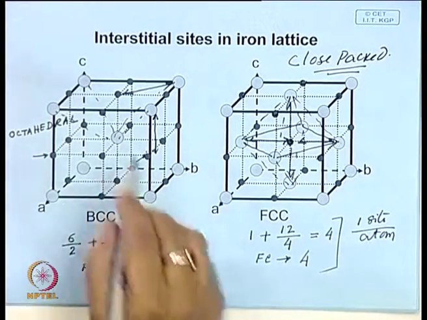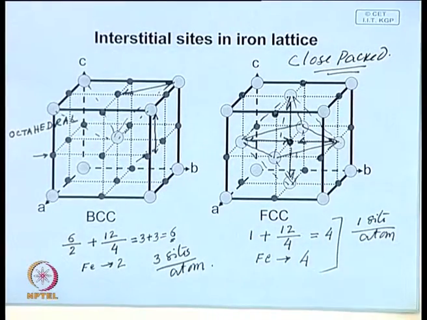So, that is why in BCC the solubility of carbon is very limited, whereas in face centered cubic structure the solubility of carbon is much higher. And so, as you cool the solidified metals, even if BCC structure has formed initially, and later on when it converts into FCC, it can accommodate more carbon atoms. So, there will be some kind of transformations which may involve 3 phases, and therefore, what you have